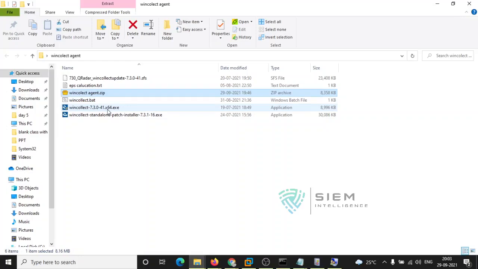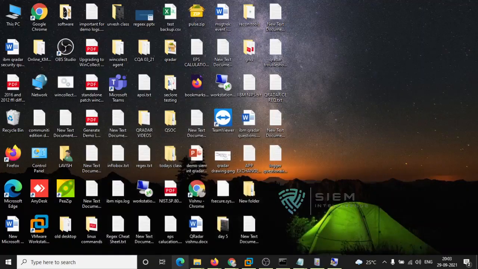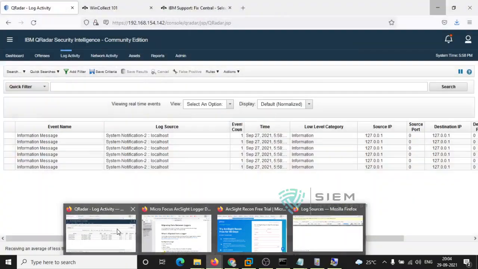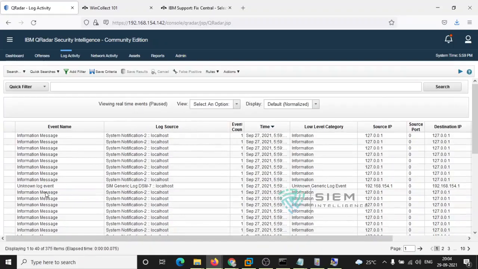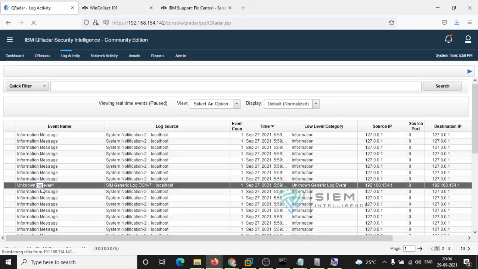If you are going for any interview, the people will ask what is the log source identifier, from where you will identify it, and all those things. So you can identify it in the logs: after the date time you will get the log source identifier in the payload. Whatever you are talking about in an event, if you go and see, still it is giving some unknown. Why? Because it is yet to be added properly.